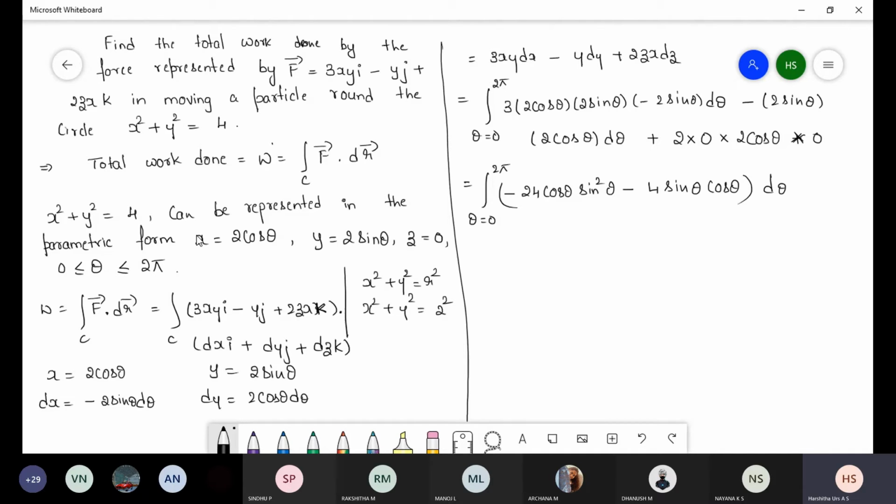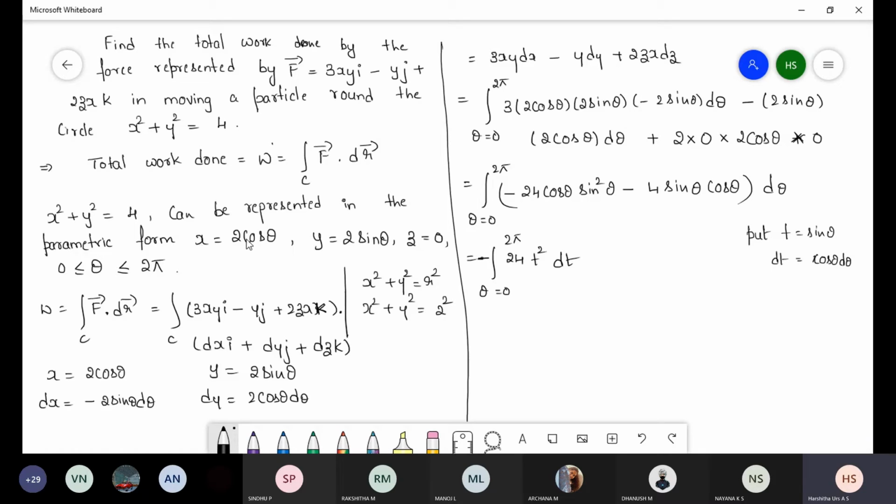So here for the first term I will do the substitution. Put t is equal to sin theta, so dt is equal to cos theta into d theta, where theta is from 0 to 2 pi. Minus, I will write 24 outside. In the place of sin theta I will mention t square. Cos theta into d theta is dt, because cos theta d theta we have defined.